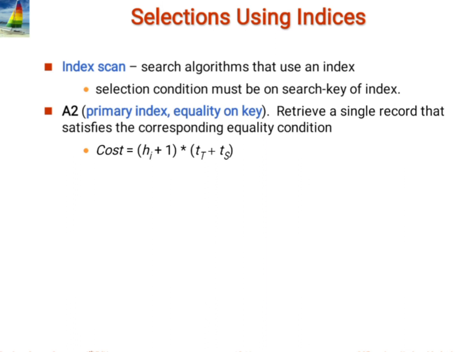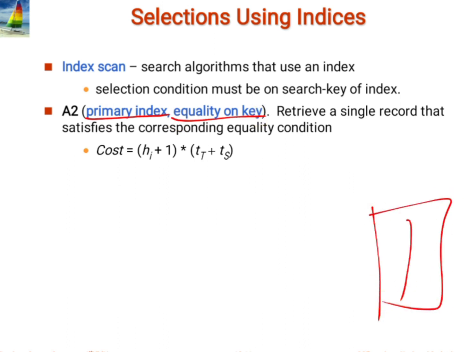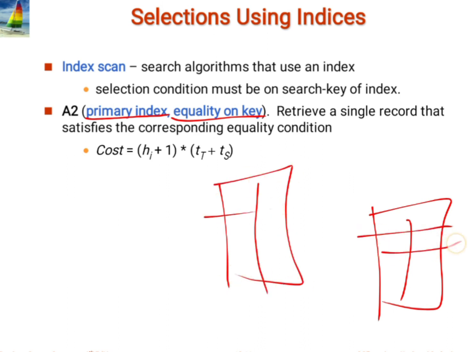So the second one is, if I am using a primary index and equality on key. What do you mean by primary index? जर मी म्हणतोय की माझ्याकडे या टेबलला पॉइंट आउट करायला फक्त एकच टेबल आहे, हा जो टेबल आहे, I am having 1 to 1 lakh entries and to point out this I am having only one table. So this is nothing but the primary index.